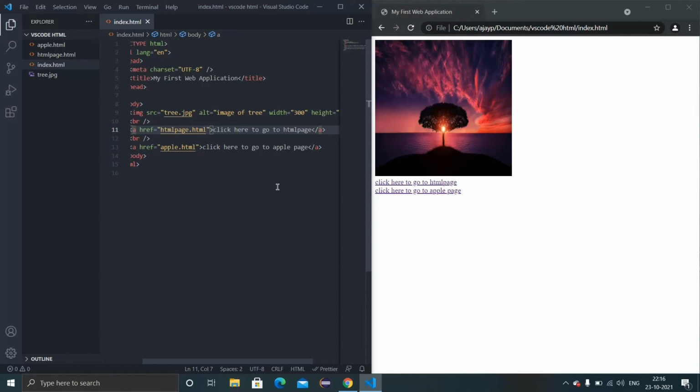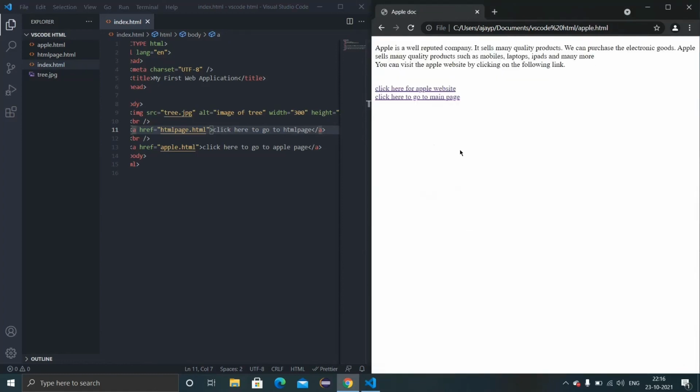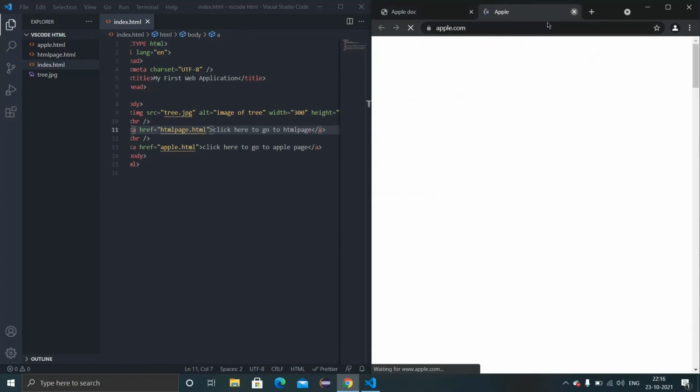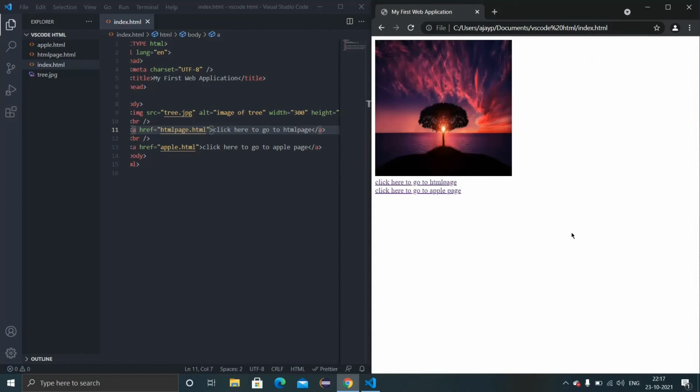It's very simple if you understand how to give links and how to insert images. By this video you came to know how to insert images, how to define their width and breadth, how to create external links, and how to create internal links which display the HTML pages we have created. You have learned how to play with those things. Very simply, you have created 2 to 3 pages. Simple, right? It's the main page, the HTML page, and the Apple page, and here is the link going towards the Apple website, and this is the main page. So very simply, by playing, you have created 2 to 3 web